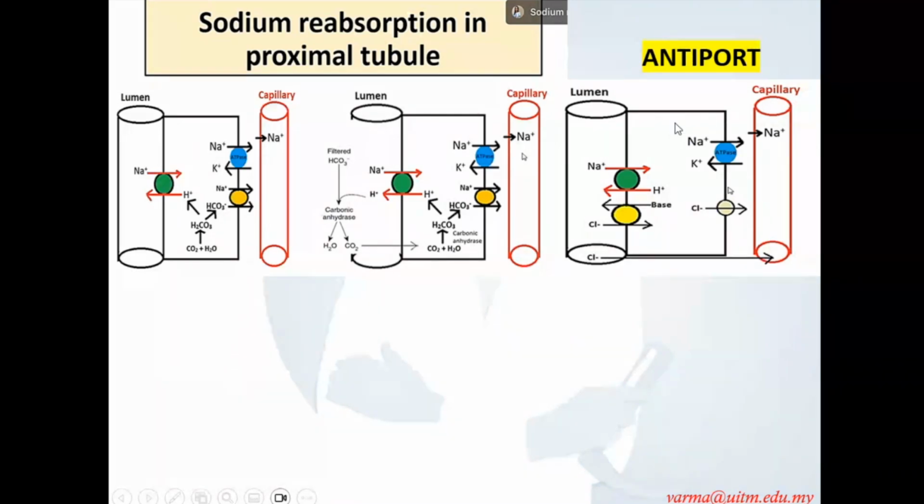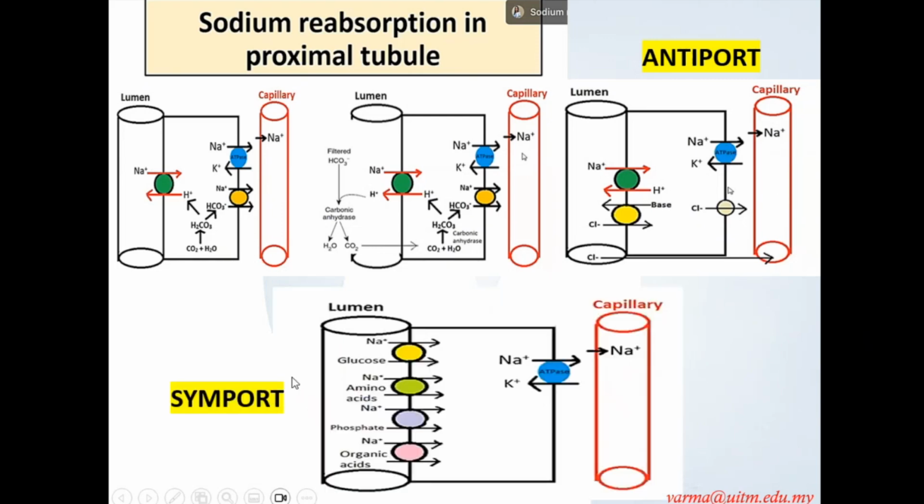Just now we talked about the chemical gradient, which is the concentration. To maintain the electrical gradient, because bicarb is being absorbed, to maintain the anion electrical gradient, chloride is also being reabsorbed here. So this is to maintain the electrical and chemical gradient. So there is an antiporter of sodium hydrogen, chloride and base, and sodium potassium, whereas there is a symporter, in which